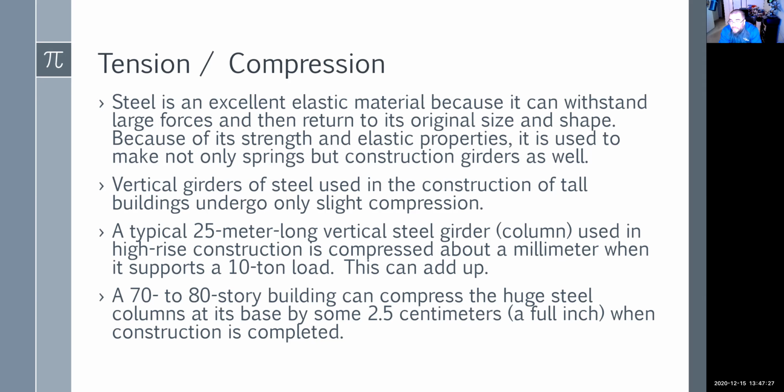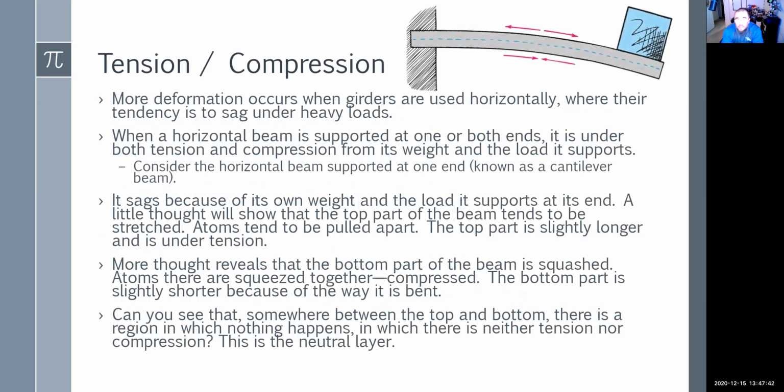That means a 70 to 80-story building can compress a huge steel column at the base by some 2.5 centimeters, or a full inch. To me, that blows my mind that those base girders are being compressed by almost a full inch. Right? More deformation occurs when the girders are used horizontally, right? Where the tendency to sag under heavy loads is greater. When a horizontal beam is supported on one end or both ends, it undergoes both tension and compression from its weight